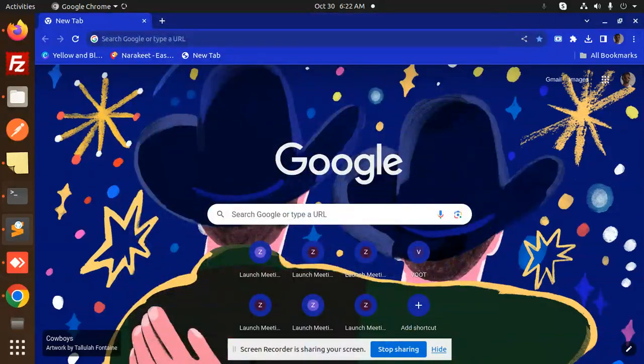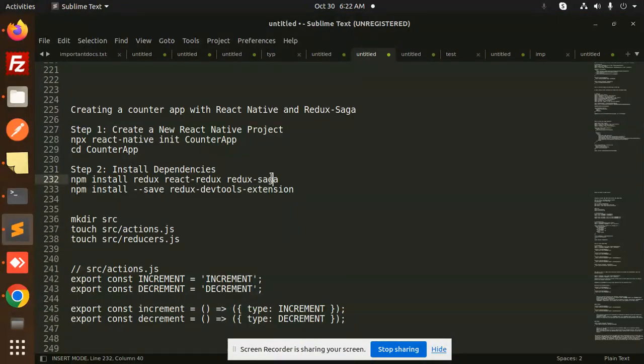Hello friends, welcome back to the new tutorial of React Native. Today we are going to learn how to create the counter app with React Native and Redux